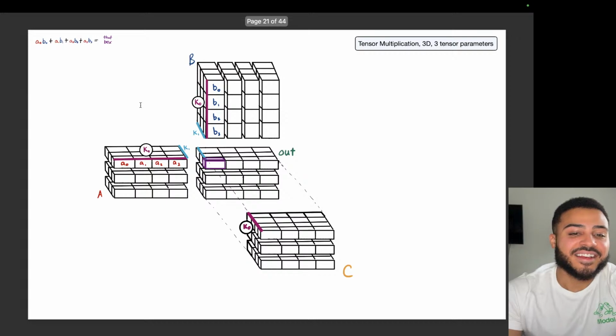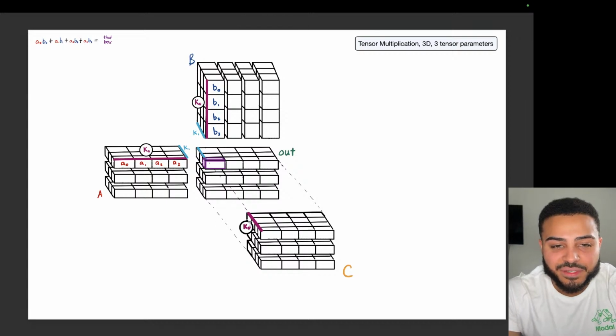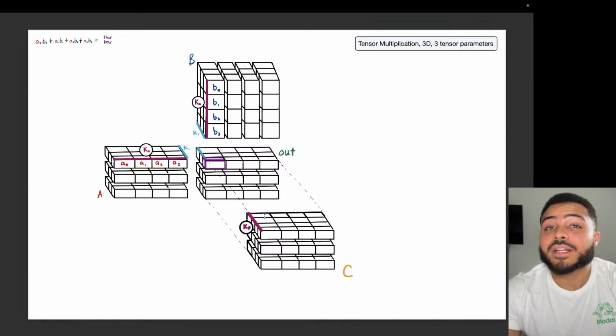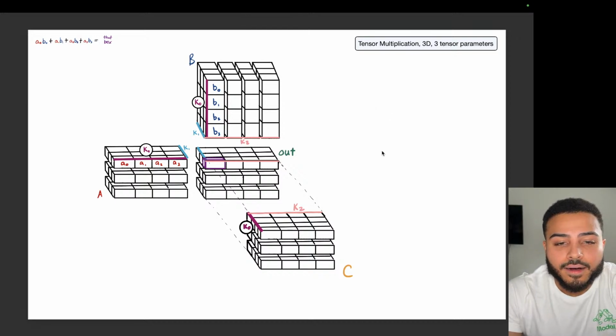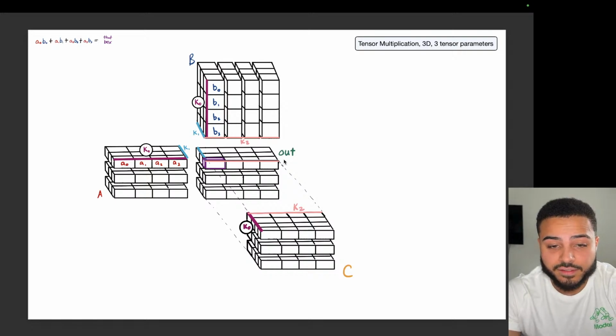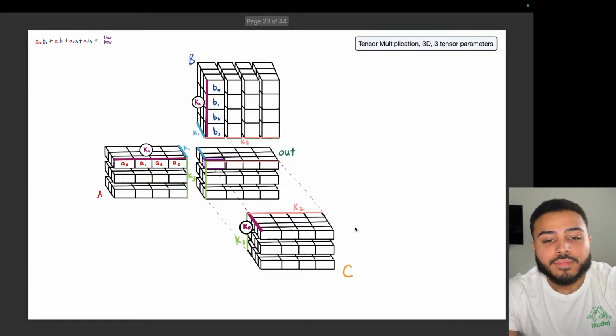All right. So as we see, we still need that inner dimension K0 to match the length of these so that we can properly do some type of dot product between these vectors. And then we also notice that B and C need to match on K2. They don't necessarily need to match on K1. And